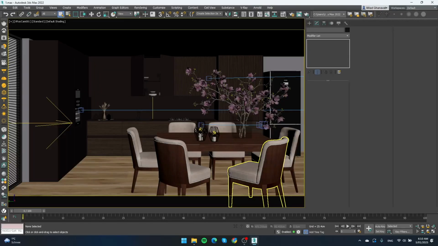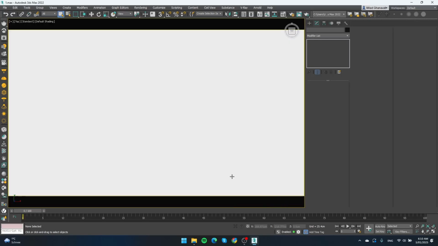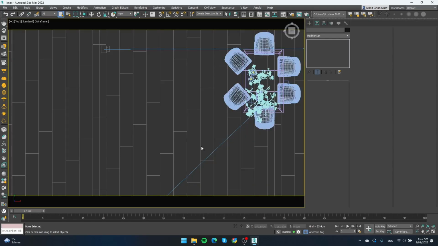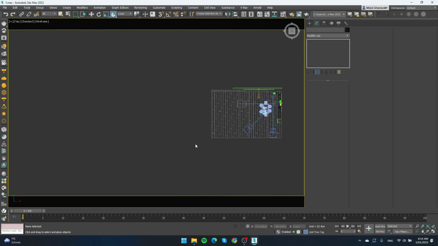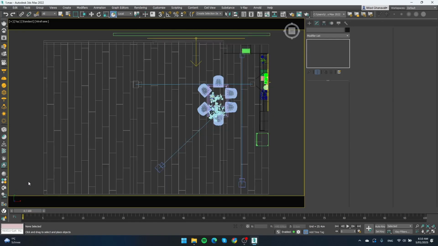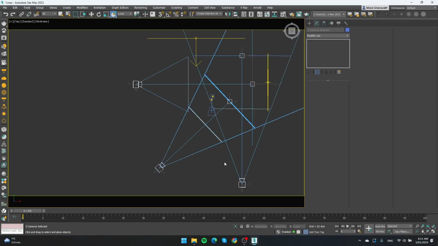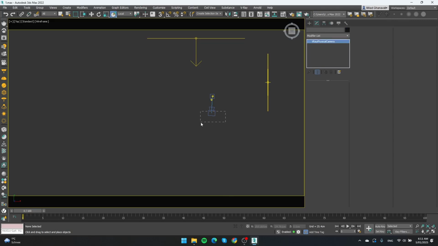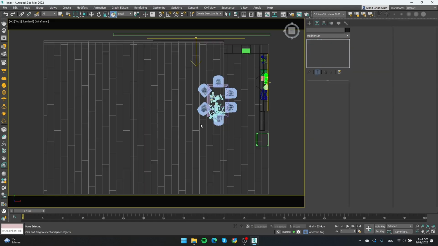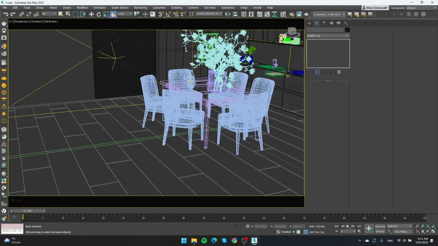Alright, how to set the camera for bokeh effect in 3ds Max. As you can see, I have already some cameras in the scene. So what do we have here in the scene? I'm going to use Shift plus G to hide my other objects so I can have better access to my cameras. I'm going to delete them all to start from scratch for you. So the angle that I'm looking for is here,